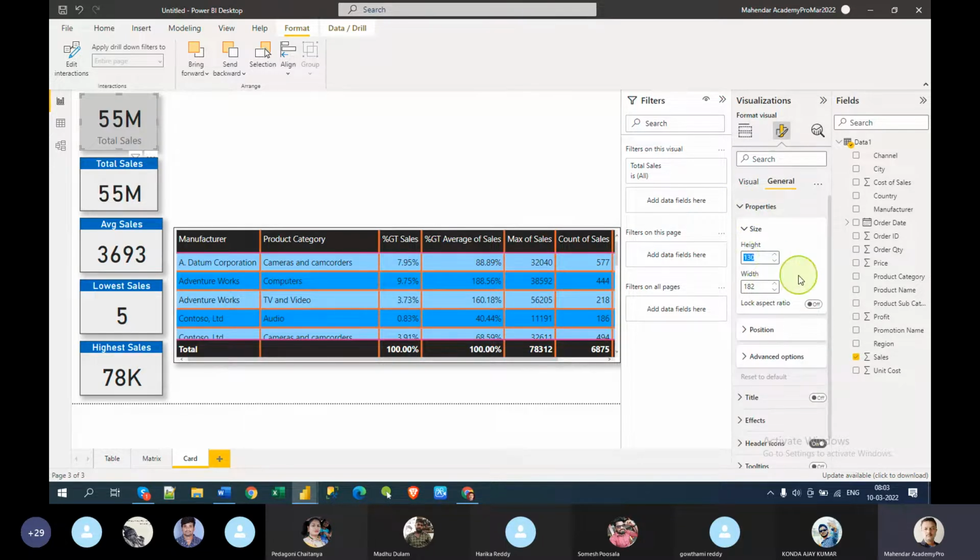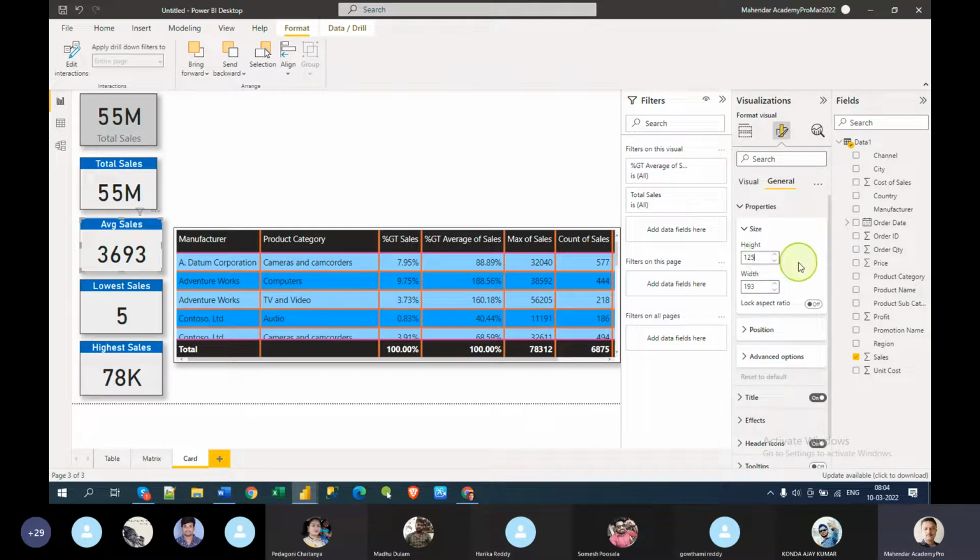It should be, let's say, 120 by 180 size for the visual. You should do everything like that, 120 by 180 height and width, so they will be the same in size.